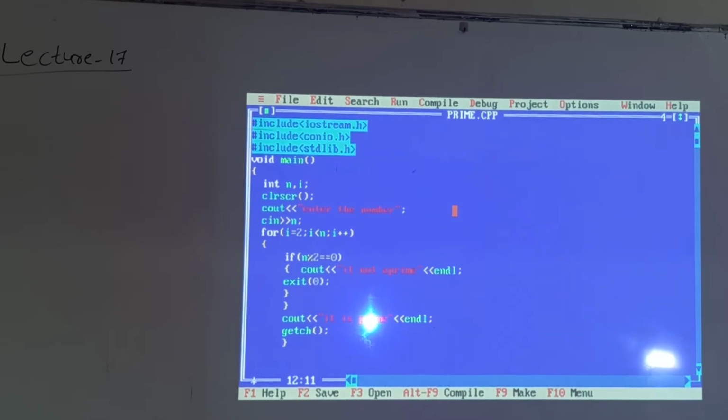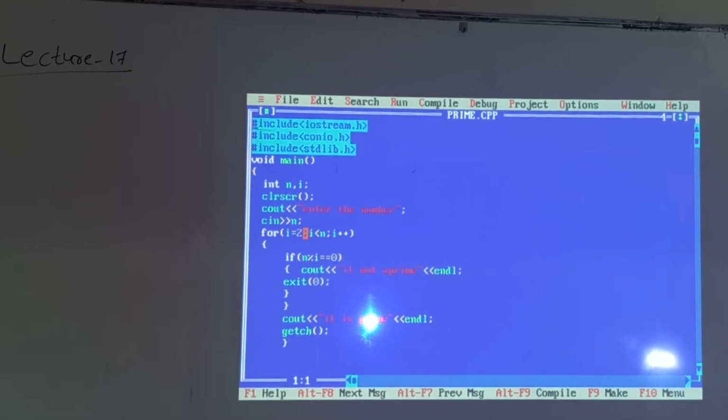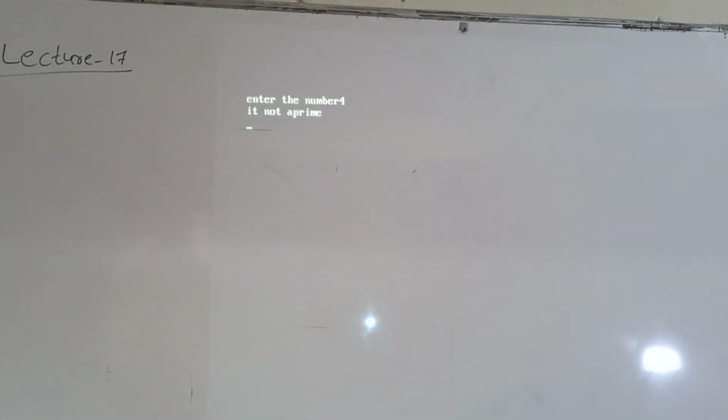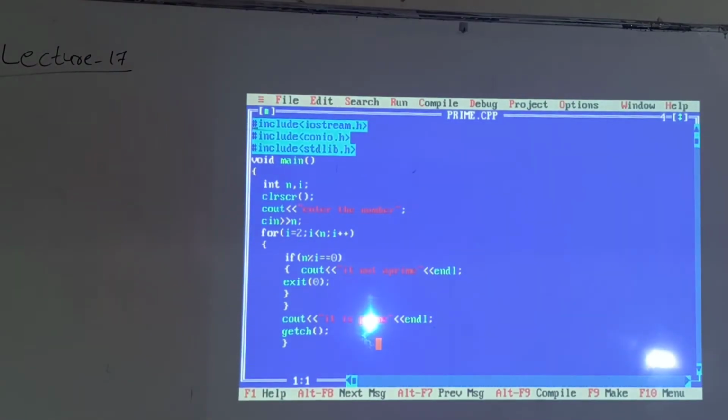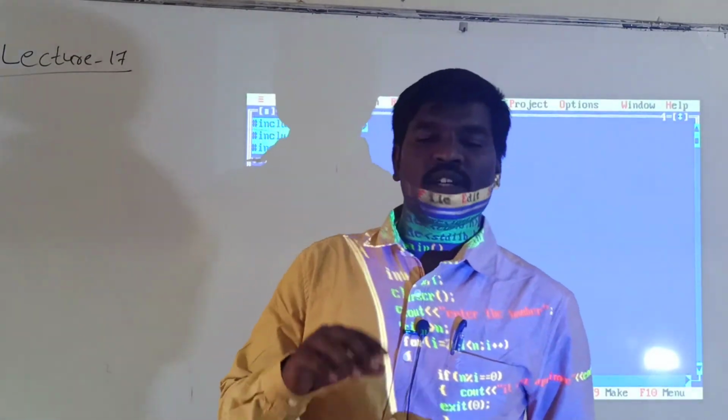Okay, see here. First of all, a prime number means the number which is divisible by 1 and itself.